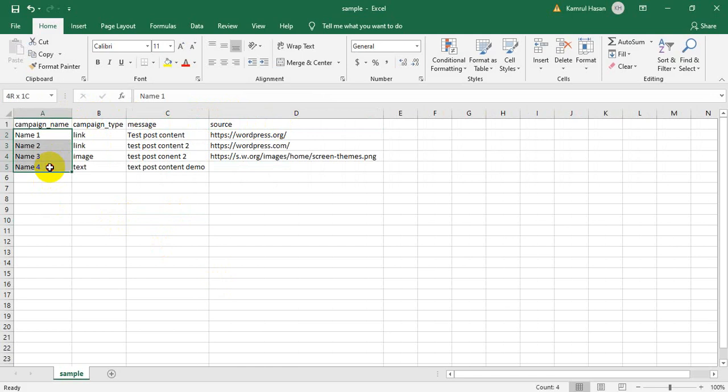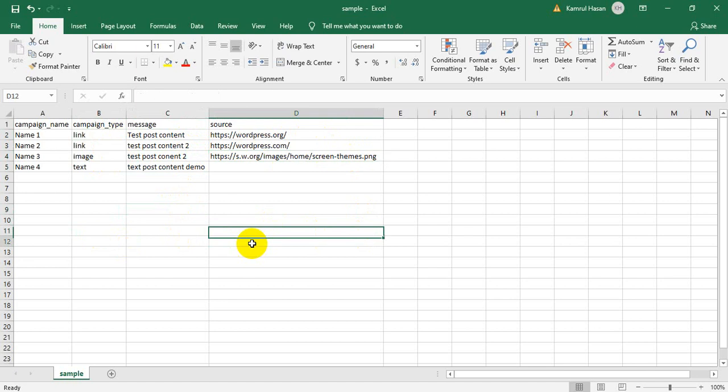You can give your campaign name, this is optional, you can leave it blank. We have three types of campaign: link, image and text, and the message that will go with the post, and source. For link you will have to give your source, and for image you will have to give the image source. For text we don't need to give any source.